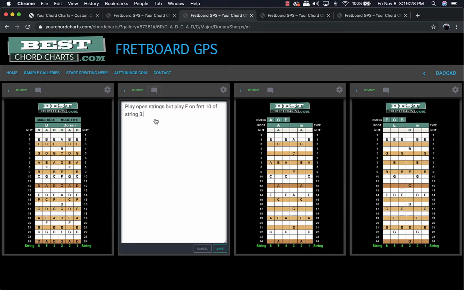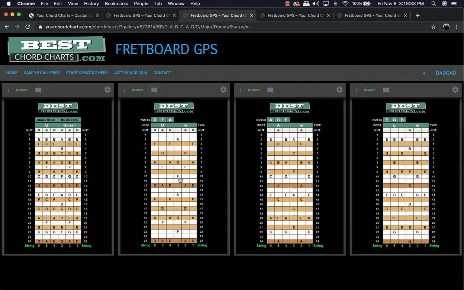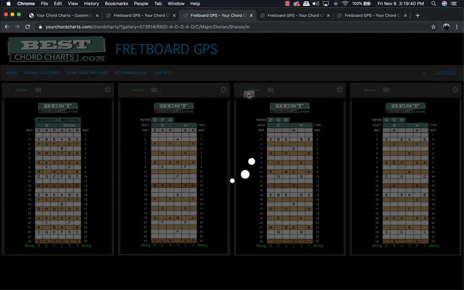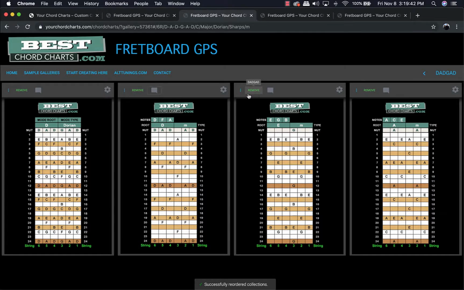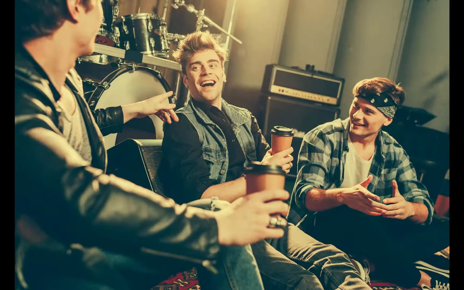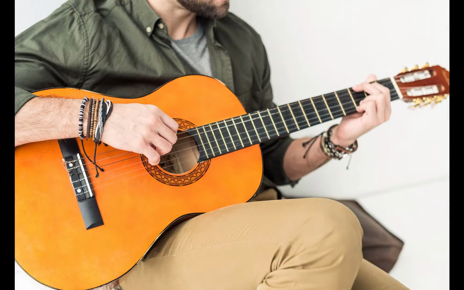Play open strings, but play F on fret 10 of string 3. I don't have to remember how I want to play that chord. I've left myself a note. And the fact that I can arrange the chords in the order that I want them to be in is incredibly helpful. A lot of guitar players, a lot of bands, they get comfortable playing certain chords and certain scales,